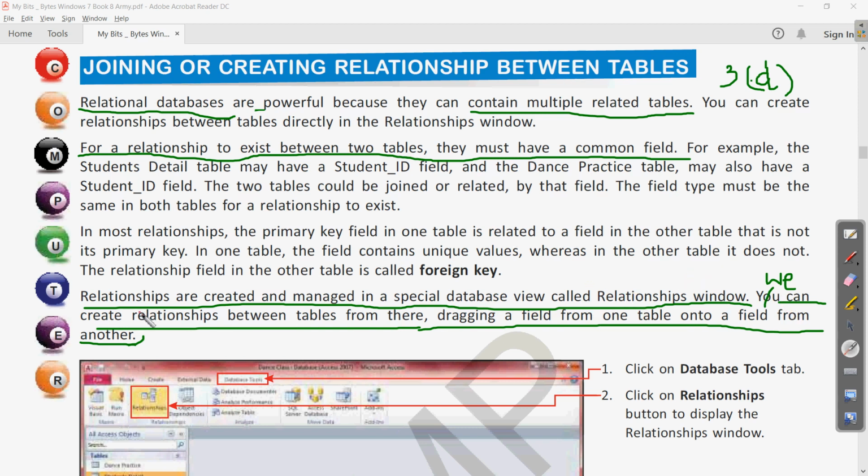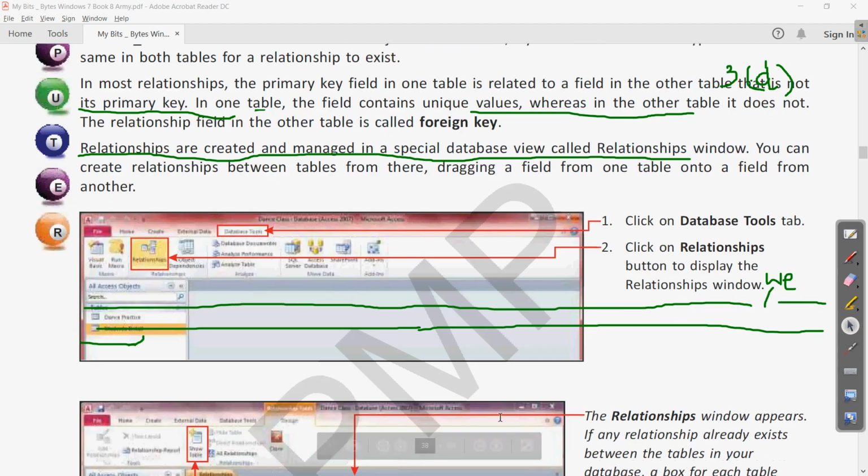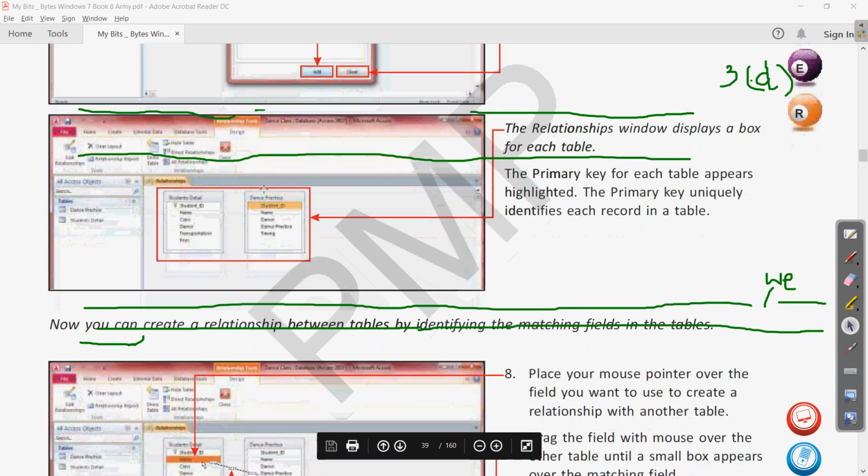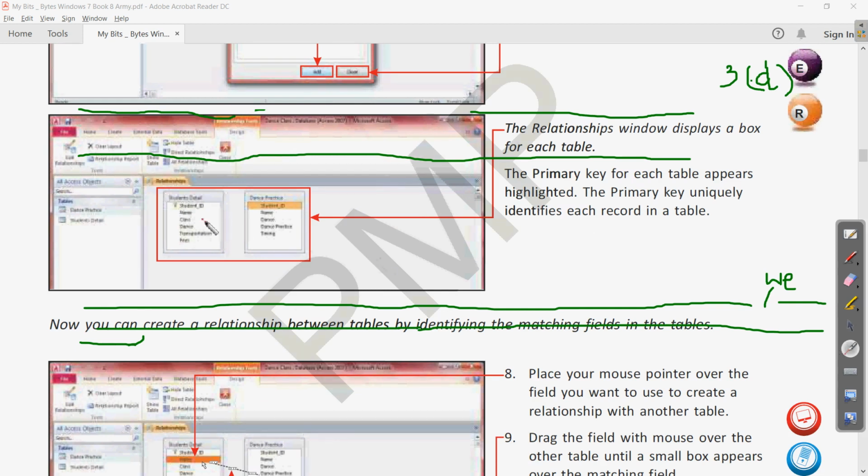And then we can create the relationship between tables. How do we create this? When we select the field from one table and drag it to the field of another table. Clear? So this much is the answer. So pause the video once and write the answer. So I hope you have written. If I show you also, we have seen how to create this. First we select the tables, then when we get these tables in the relationships window, we select this and drag one field to the required field of the other table.